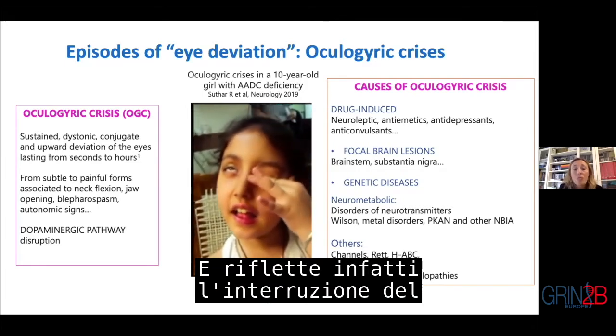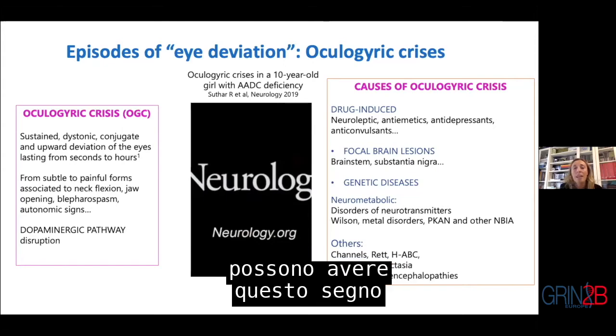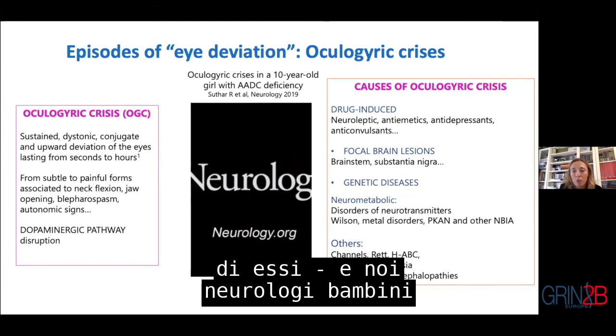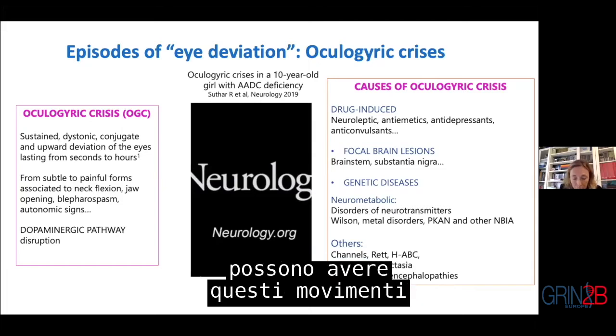And it reflects, in fact, a dopaminergic pathway disruption. There are many other disorders that can have this clinical sign, not many, but some of them, and we as child neurologists know these disorders. But in fact, patients with GRIN1 can have this